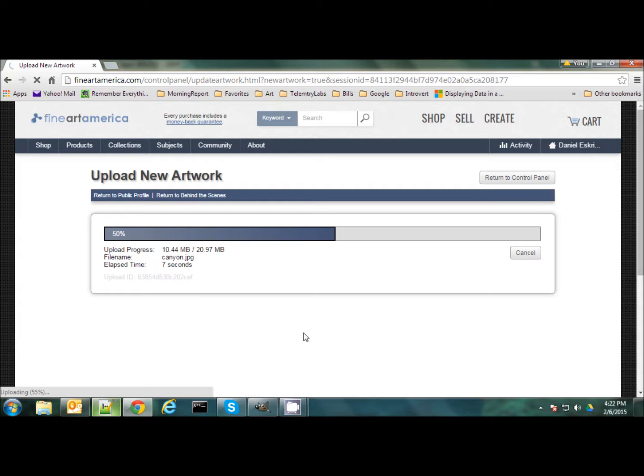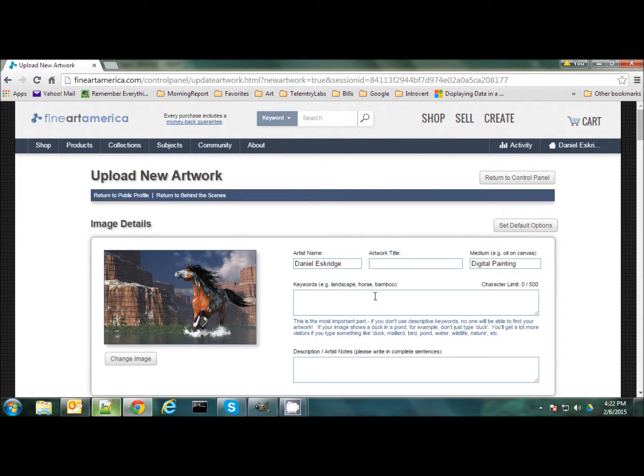What it will allow me to do is take that art that I've made and put it in my public gallery for Fine Art America, and people will be able to order prints straight from that, and I will profit automatically. What I like about Fine Art America is that instead of specifying a percentage of the profit from the sale, I can specify markups by size. We'll call this Mustang Canyon,